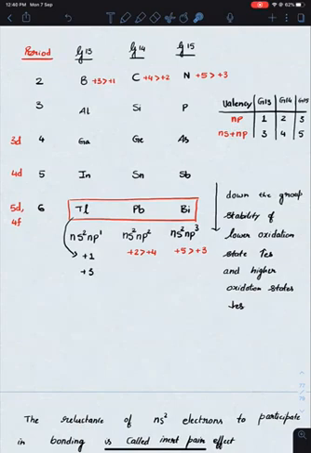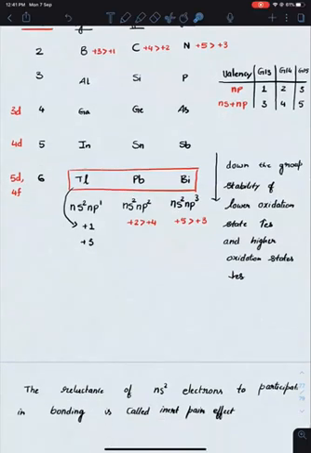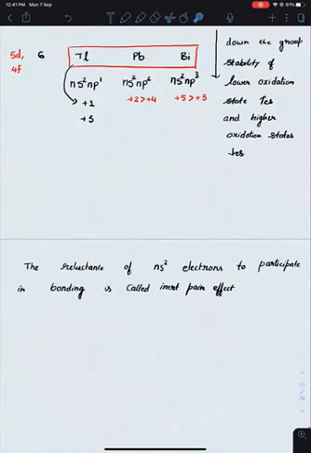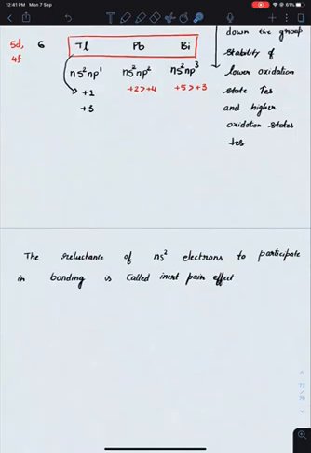So the lower oxidation states become more stable only in case of period 6 elements. यहाँ तक उन higher oxidation state only will be more stable when compared to the lower oxidation state. मतलब indium's +3 is more stable than +1 only, but इनके comparison में indium's +3 will be less stable when compared to the gallium's +3. Indium's +1 will be more stable when compared to gallium's +1. I hope that particular part is clear. Okay.